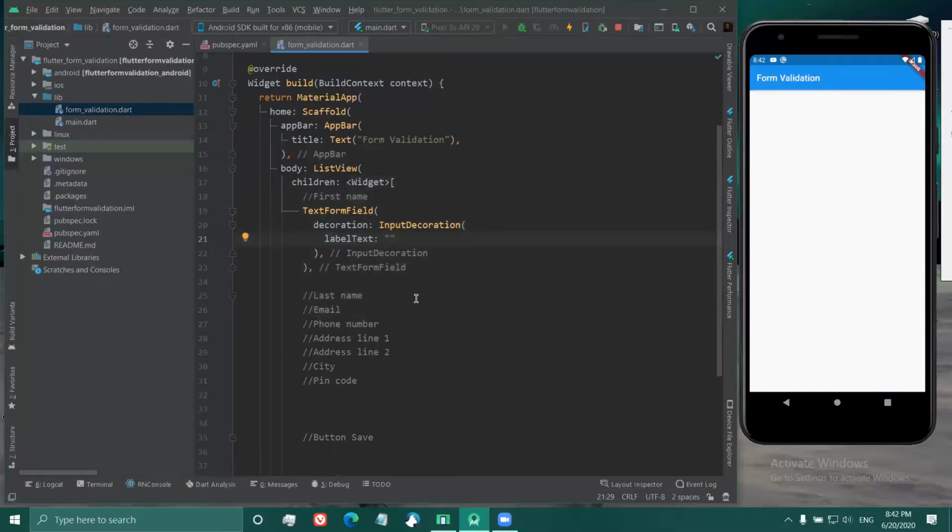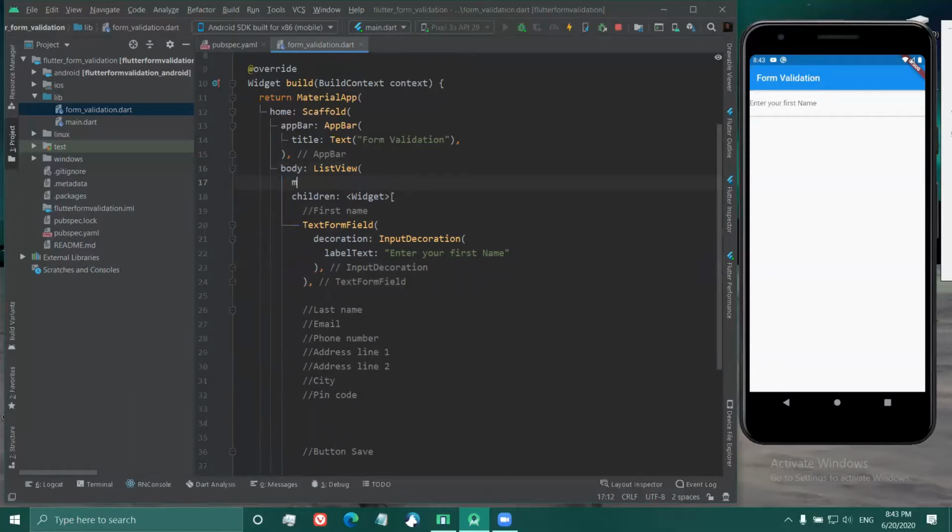So if it is empty, right? If we have not entered something, we'll have a hint for the users to know what this field is for. So I'll say label text. Enter your first name,